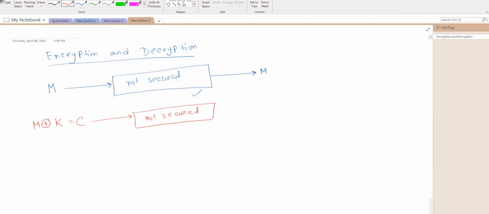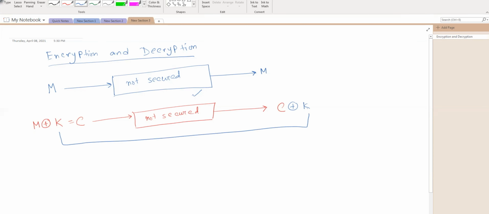Okay, so whoever gets the ciphertext will not be able to understand what is in your message. At the receiver end, your friend will get the ciphertext, and will have the same key that is shared between you and your friend.